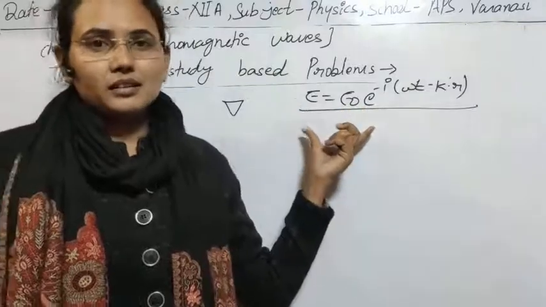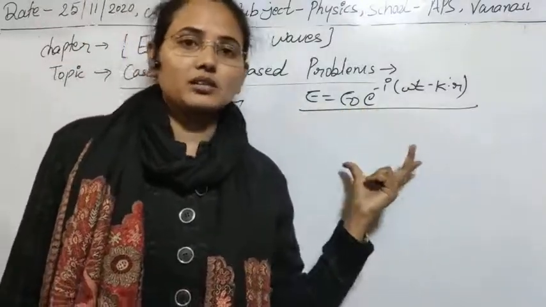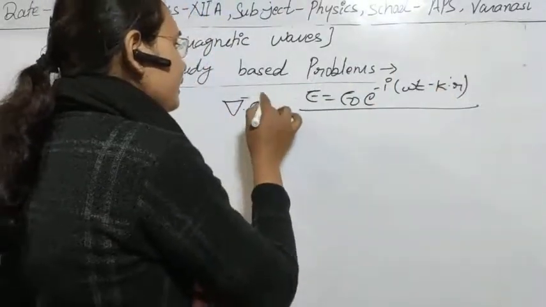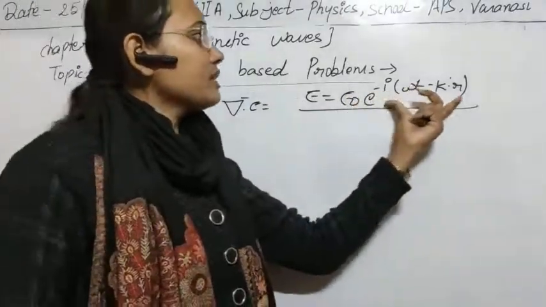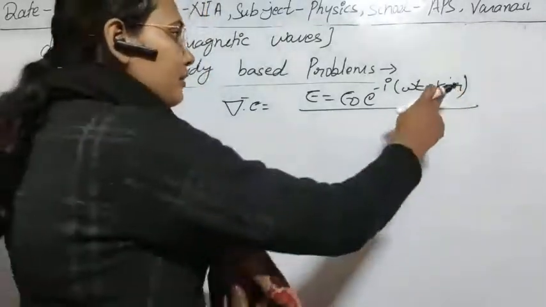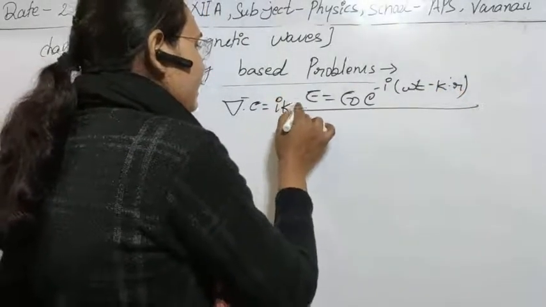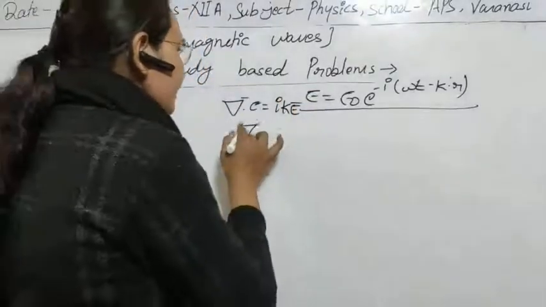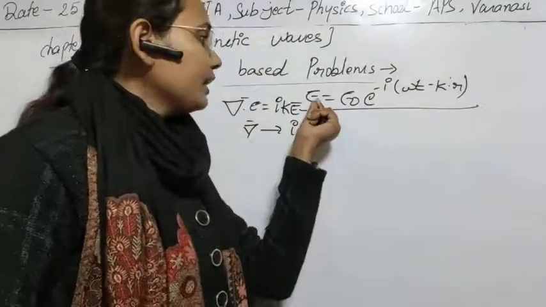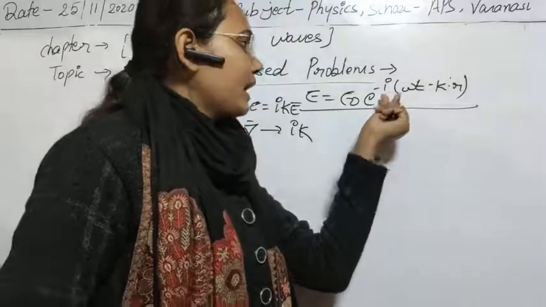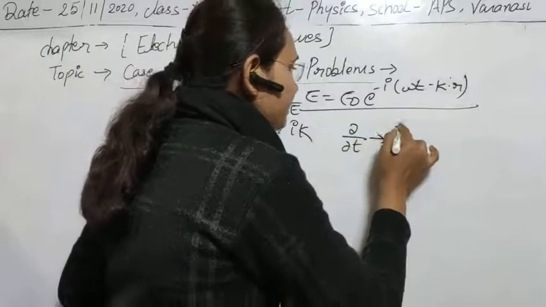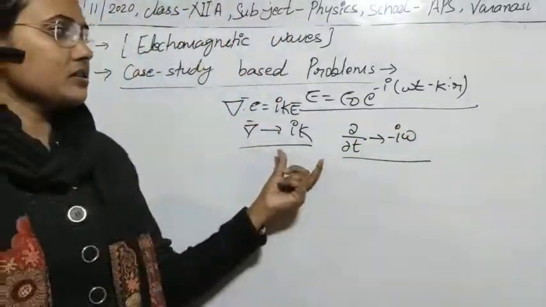So I think there is no confusion in Maxwell's equations, as I have discussed all these things already. Using this, if you take del dot E here, it will be differentiated in terms of the space coordinates. If you differentiate it, then i k and E will be obtained. So we can replace del by i k, and similarly if you take del by del t of E, you will find minus i omega and again the whole E. So it means that del by del t can be replaced by minus i omega. Now only these two things you have to remember.